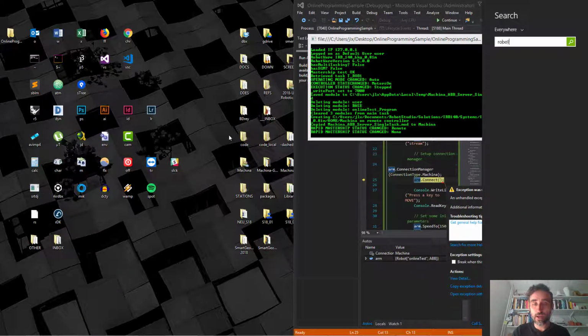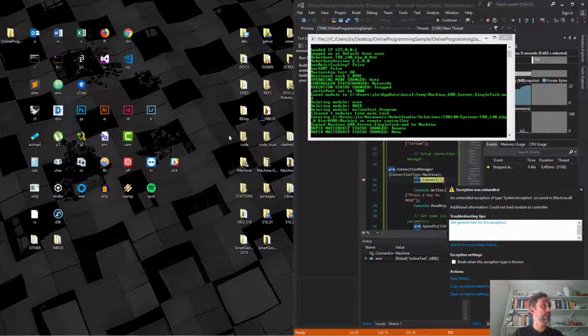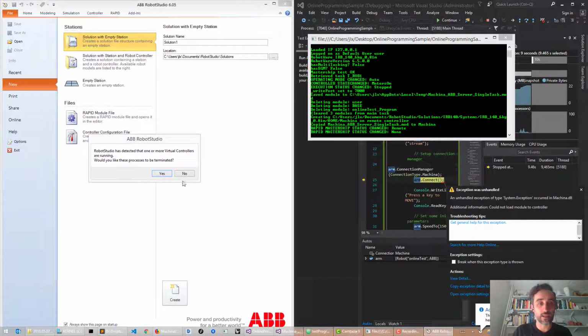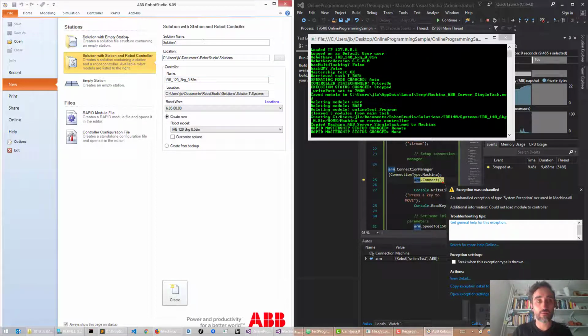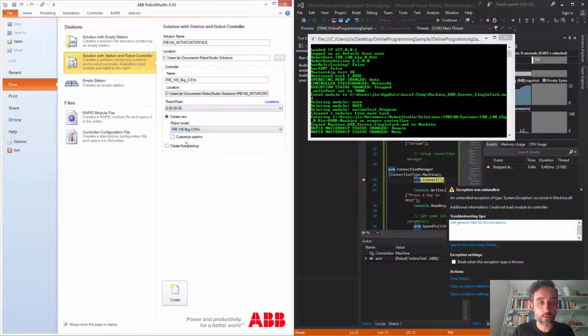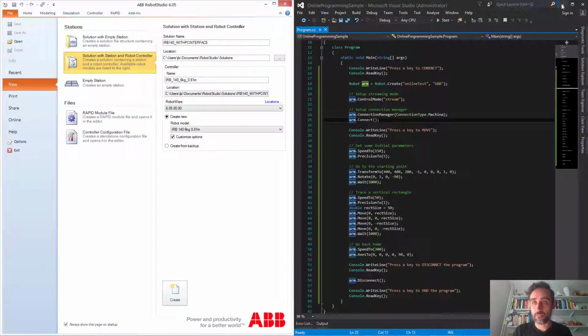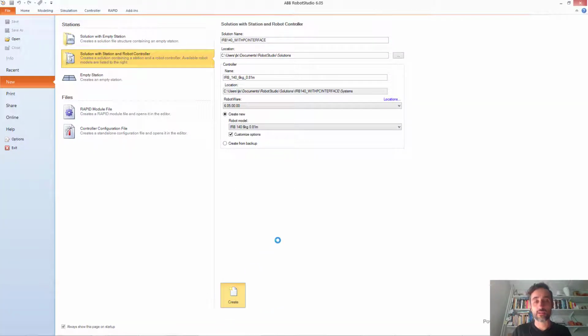So I can just start Robot Studio again, and I can create a new robot station that contains that option. So I'm going to go here and I'm going to create a new robot, which is going to be an IRB 120 with PC interface. And then here I'm going to say IRB 120, and I'm going to customize the options. I'm going to close this thing here. I'm going to close everything. I'm going to minimize. And then as I create the new robot,